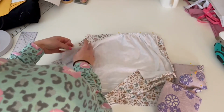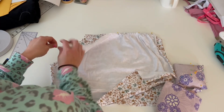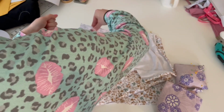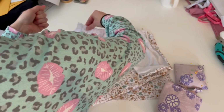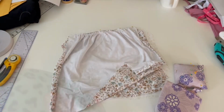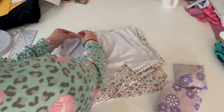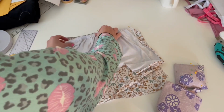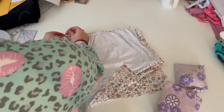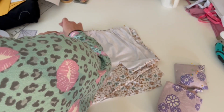And so now I'm going to do the exact same thing on this side. I'm going to find my bobbin threads and just pull those. Alright, and so if you over gather a little bit where it's too short, that's fine. Just come over to your gather and just pull it out all the way to the end, and that'll lengthen that back up. So I got that even there, so I'm going to put that pin in,